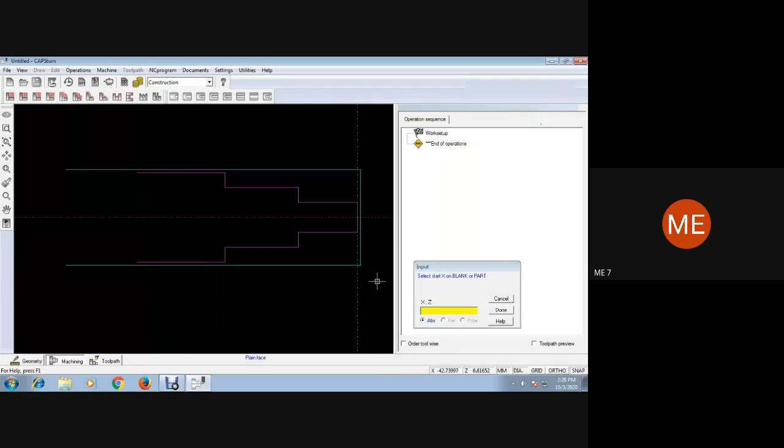Right. So now, once you click on OK, it will ask for the starting point on the blank or the part. Till now we have selected only the tool. Now we have to give the instructions: this tool should move from where to where. That is our next step.